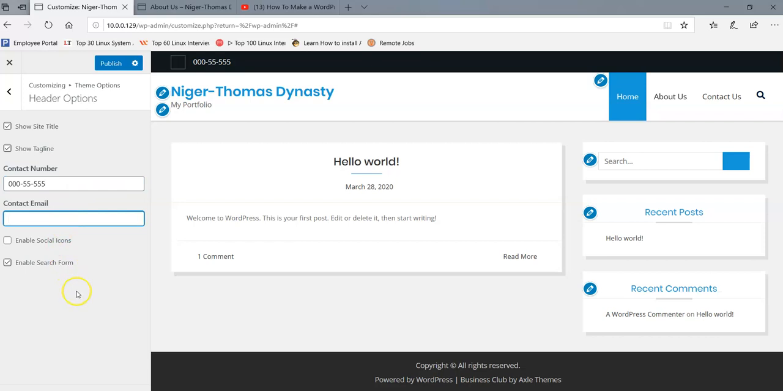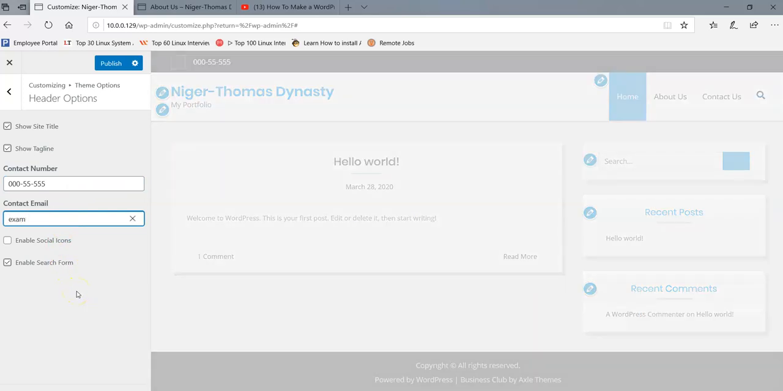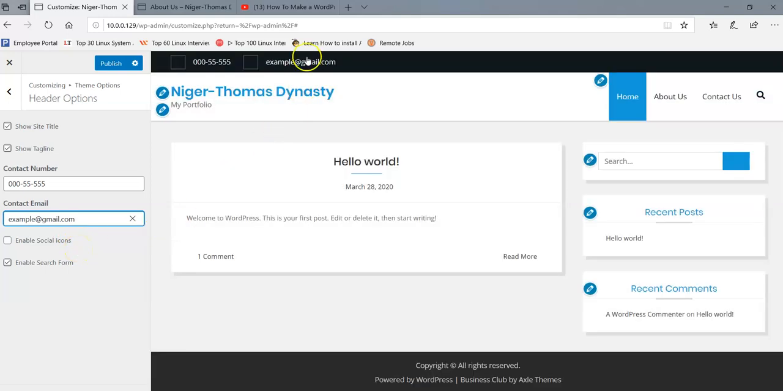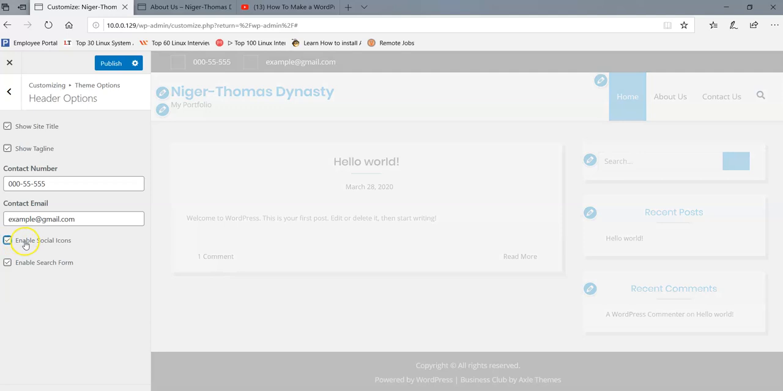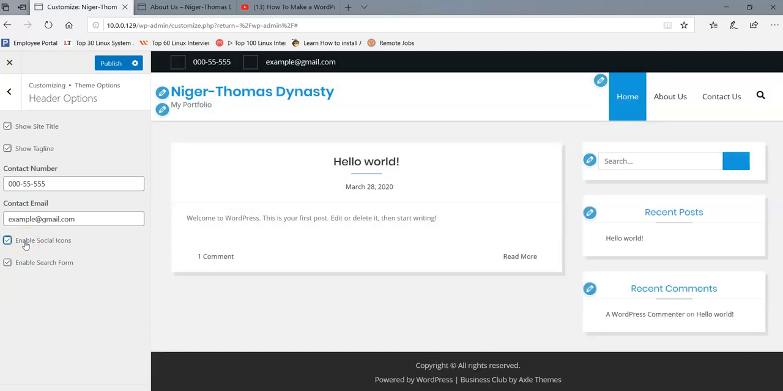Now I can put in an email. So I just say example at gmail.com. Okay, example at gmail.com is our email for this site, and it shows right there as well. Enable social icons. Let's check that box. All right, let's check that box. And all right, no social icon yet. So I'll go back,